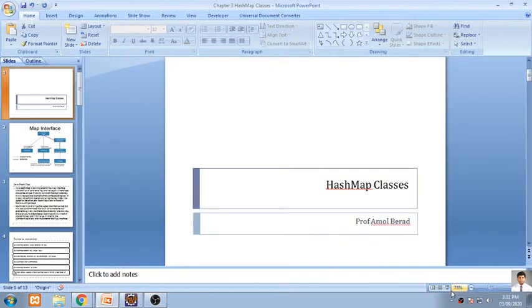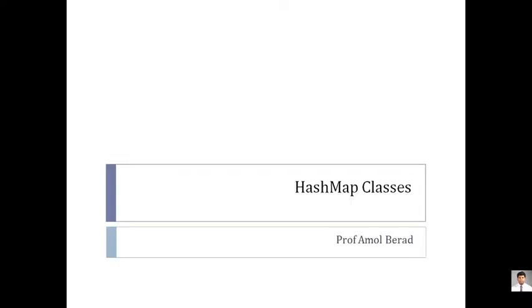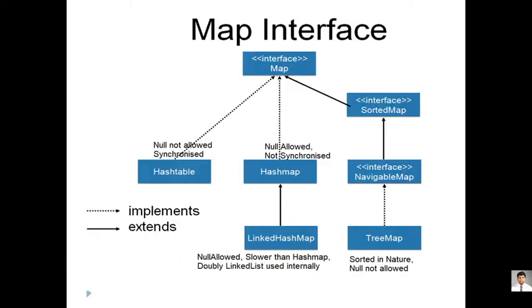Now today's session is focusing on the hash map. We have already seen what a hash table is. Hash table is from the collection framework, and now we are focusing on the interface called a map, and this is one of the classes which is present. This is not an interface; it is a class which is directly connected to the map interface.